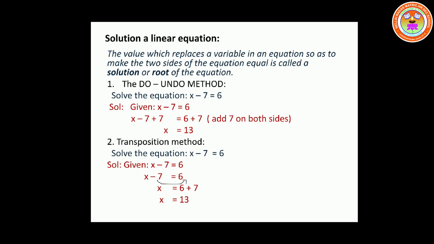X is equal to 6 plus 7. So what is 6 plus 7? It is 13. So we have found the value of x is equal to 13. So here there are two methods. You can use any method unless and until they have asked you to use only a certain method. So in exam you can use any method. But if the question asks to use only a particular method, you have to use that method. Understood? Yes. So now we are going to start the 3.6 exercise.